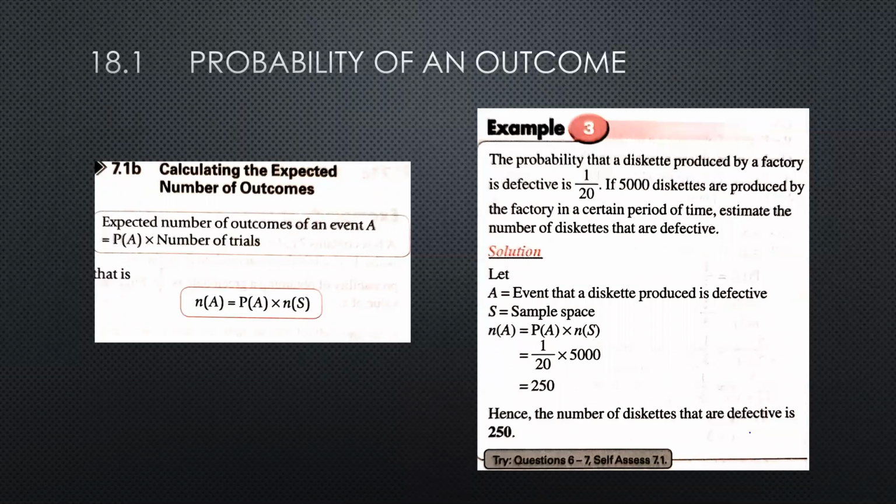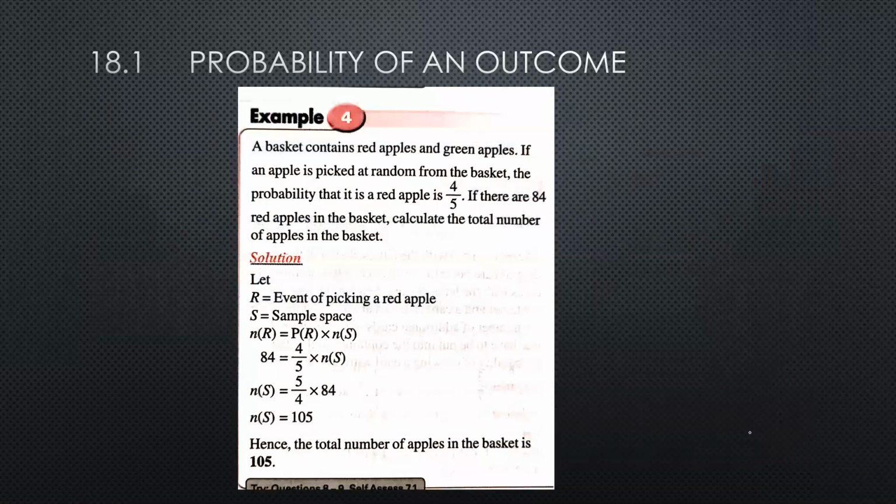So it's 1/20 times 5,000, you have 250. Okay, next. A basket contains red apples and green apples. If an apple is picked at random from the basket, the probability that it is a red apple is 4/5. If there are 84 red apples in the basket, calculate the total number of apples in the basket. So,